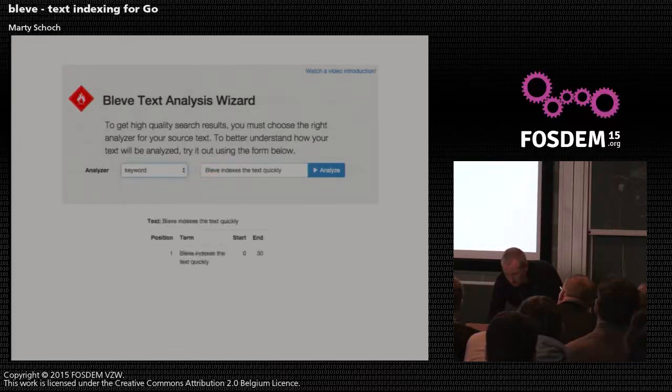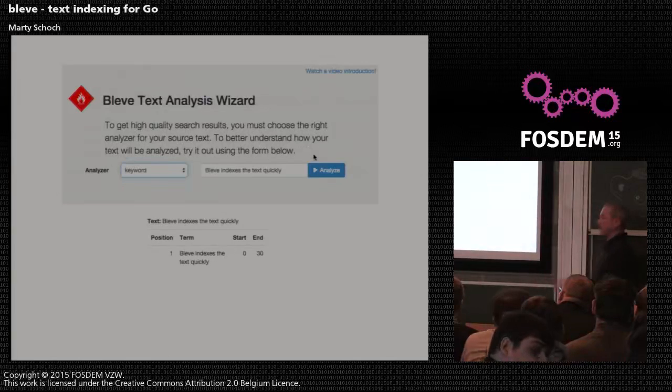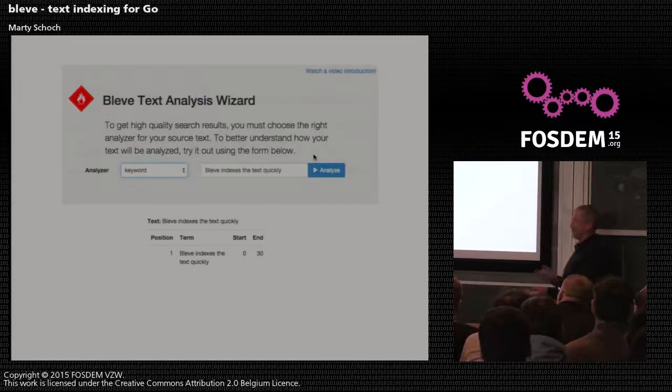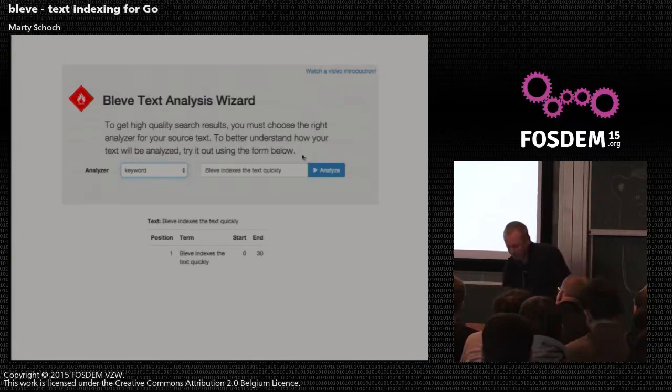I'm going to start with an analyzer called the keyword analyzer. The keyword analyzer is really the simplest one because it doesn't do any analysis at all. It treats the entire thing as a single token. So you notice that whole phrase, even though it has spaces that look like words, is all indexed as a single token. That's useful for things that are identifiers or maybe URLs that sometimes have word-looking things that you don't necessarily want to treat as words. So that's the keyword analyzer.